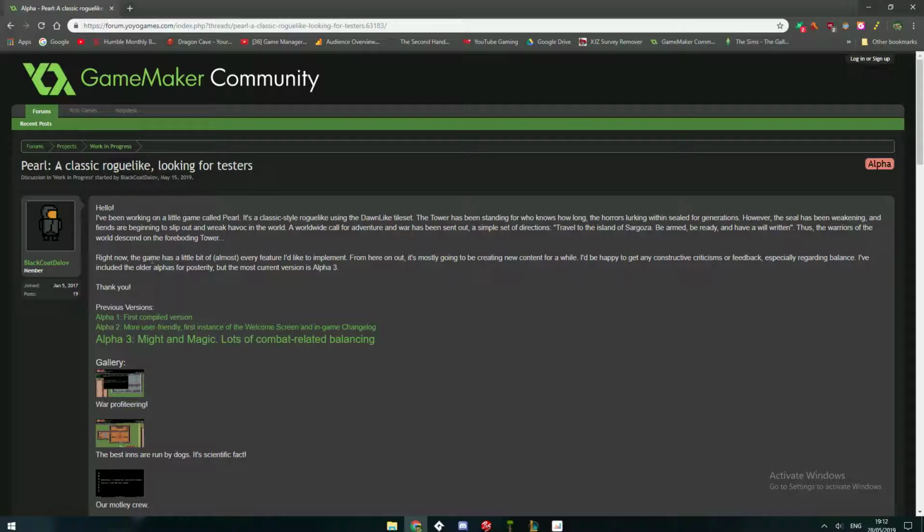Okay, so right now the game has a little bit of almost every feature I'd like to implement. So by the sounds of it, they kind of got all the features, but maybe not quite as in depth as you want, maybe. This leads me to believe maybe they're not entirely complete, but they're all there. So anyway, from here on out, it's mostly going to be creating new content. I'll be happy to receive constructive criticism or feedback, especially regarding balance. I've included the older alphas, but the most current version is Alpha 3, which